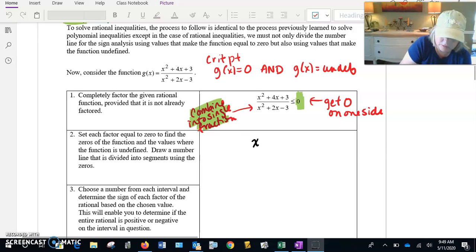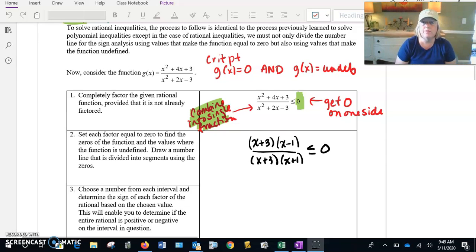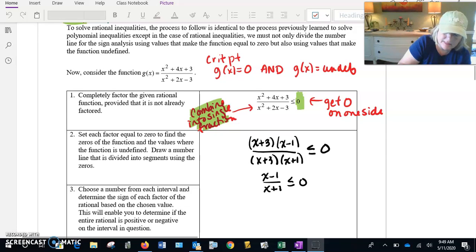So it becomes x plus 3, x minus 1, over x plus 3, x plus 1, less than or equal to 0. So we factor the fraction that we have over here, and we're going to write down our critical values. Now, we could simplify this. That's perfectly fine, and we don't usually write down the exception when we simplify it, but we do have to be cognizant of the fact that if I canceled, I want to make sure that I am recognizing the act of canceling that factor right there,